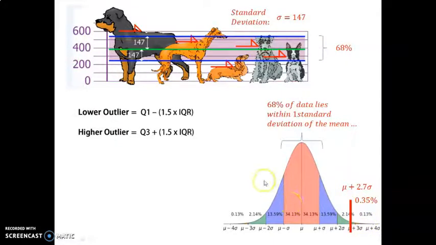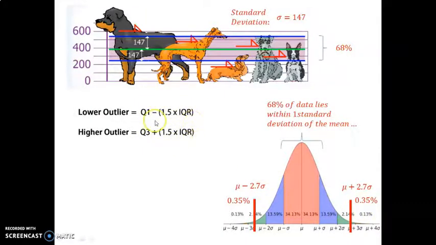Okay, let's go on the negative side. If you did Q1 minus 1.5 times IQR, you would end up right here in the data set. And that is also negative 2.7 standard deviations from the mean. So notice most of the data then is here, right? All like 68% plus another 27 it looks like, which is about 95 plus more. And again, we're left with only 0.35%. So in total, that's 0.35 plus 0.35. So there's only 0.7, less than 1% of the data lies outside of this range that we create by doing